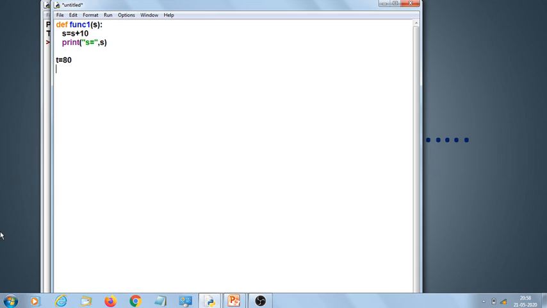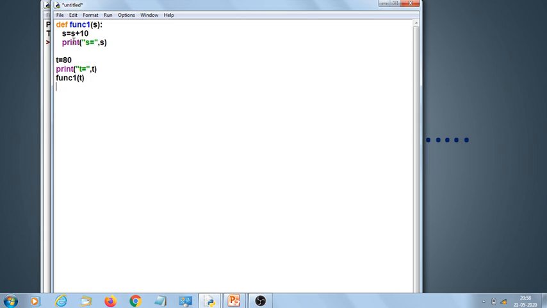Clear? Now let us display the value of t before calling the function. So before calling the function it will display 80. Now you call the function and pass this value of t to this function. When you call this function and pass the value of t, that means t and s will refer to the same ID. Next we are changing s equal to s plus 10.